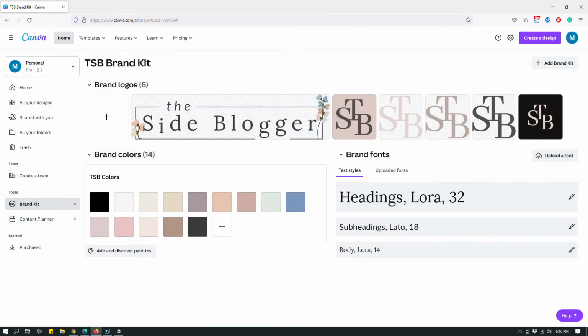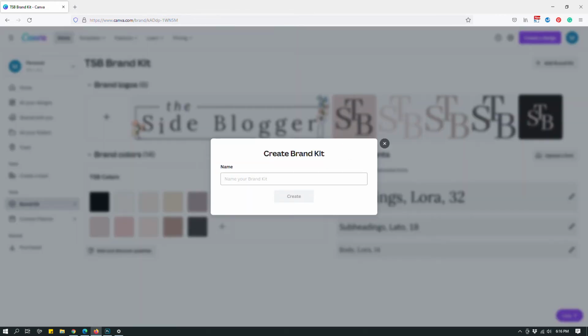So there it is. Finally, one of the other cool things is that you can have additional brand kits with a Canva Pro account. So let's say that you have multiple blogs or multiple businesses and they all have different branding and you want to set up different brands. So all you have to do is click this button that says Add Brand Kit, and that creates a completely new additional brand kit. So you can name it